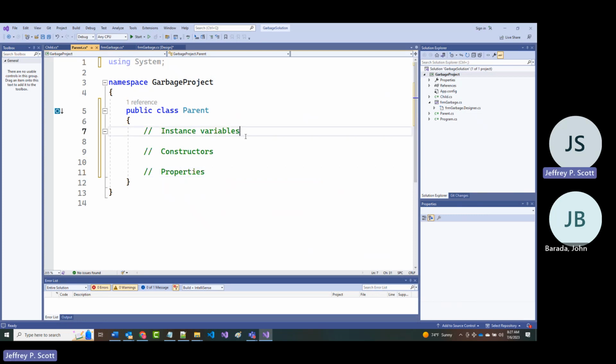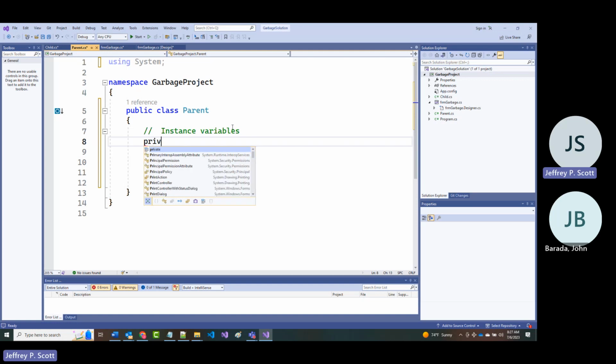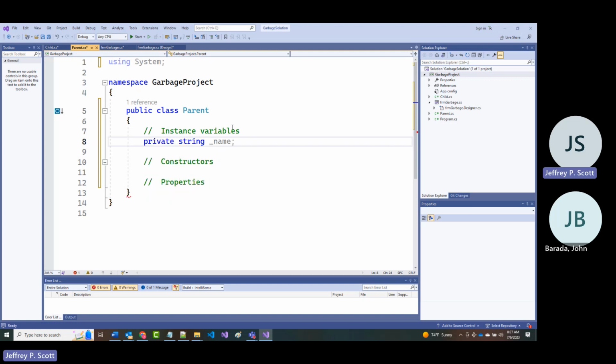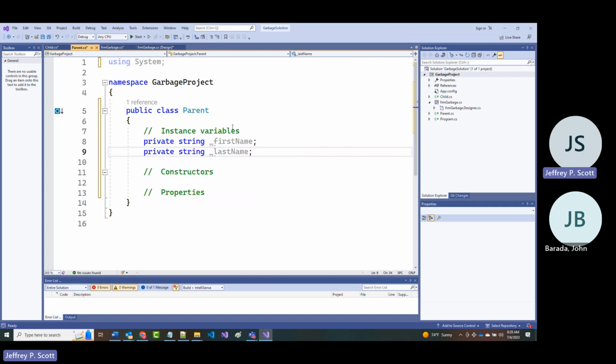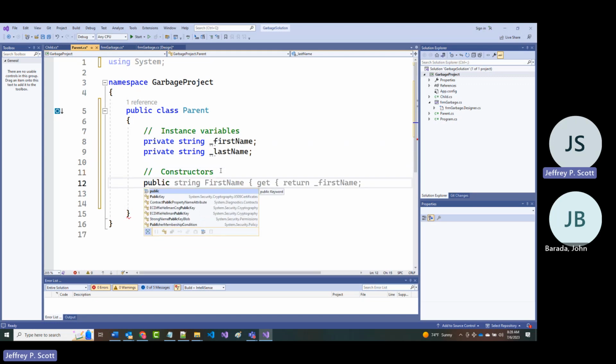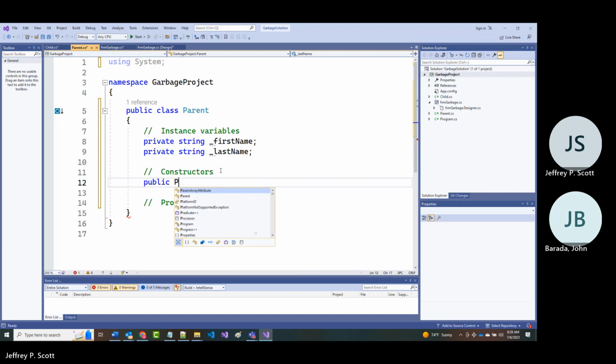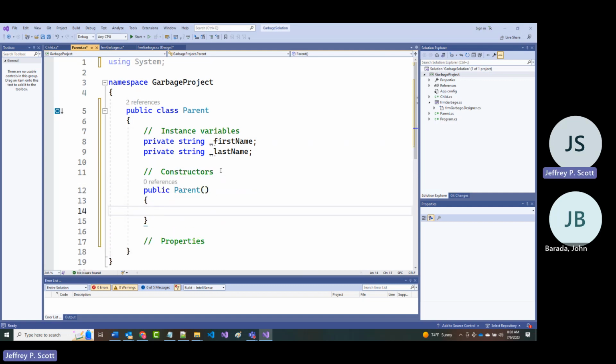So any variables that I create in here, so if I come in here and create, I don't know, private string underscore first name, private string underscore last name. Let's just keep those. And we'll make a constructor in here, so it'll say public parent. And you already know this because we've talked about it.